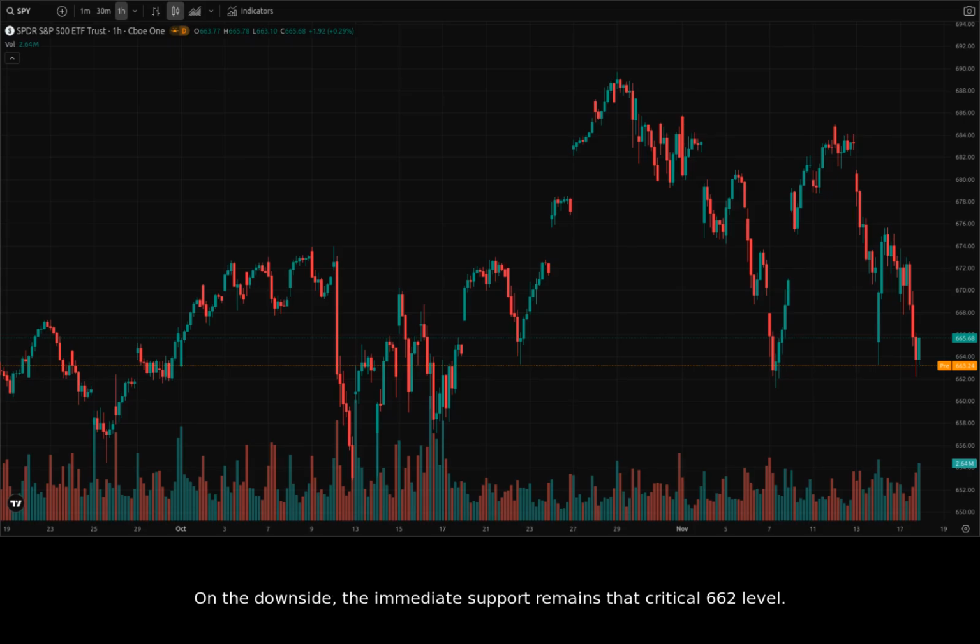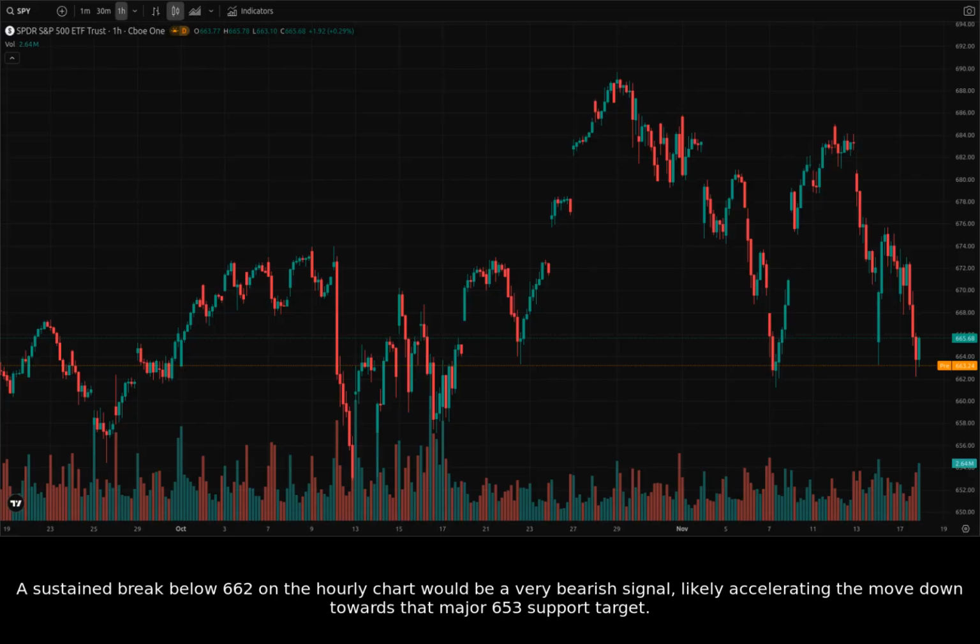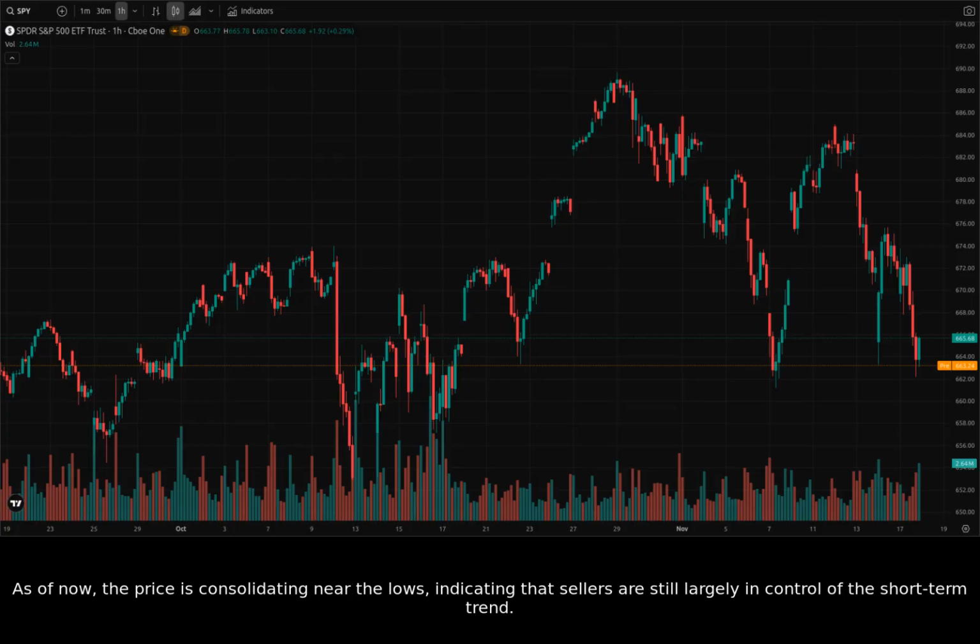On the downside, the immediate support remains that critical 662 level. A sustained break below 662 on the hourly chart would be a very bearish signal, likely accelerating the move down towards that major 653 support target. As of now, the price is consolidating near the lows, indicating that sellers are still largely in control of the